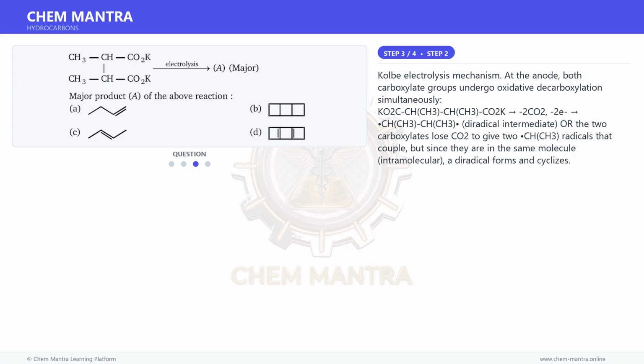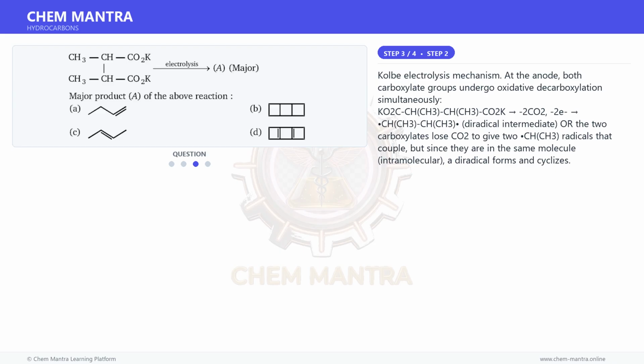Kolbe electrolysis mechanism. At the anode, both carboxylate groups undergo oxidative decarboxylation simultaneously. CO2K-CH(CH3)-CH(CH3)-CO2K goes to a diradical intermediate, as the two carboxylates lose CO2 to give two CH(CH3) radicals that couple, but since they are in the same molecule, intramolecular, a diradical